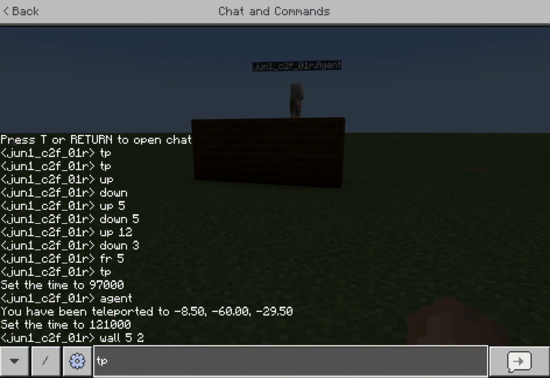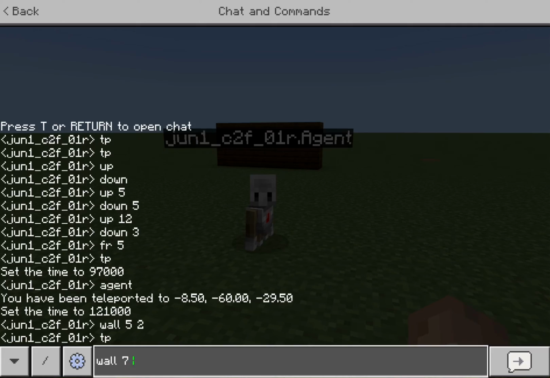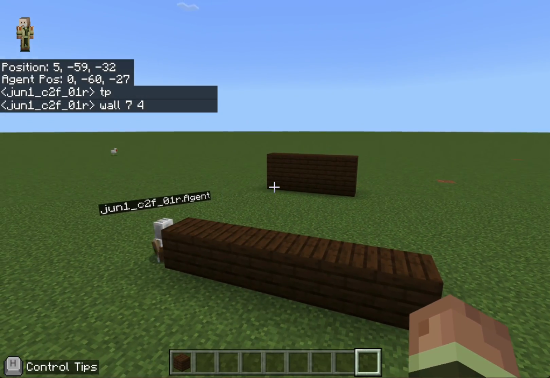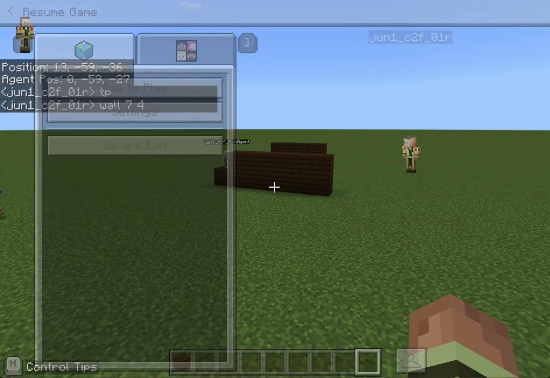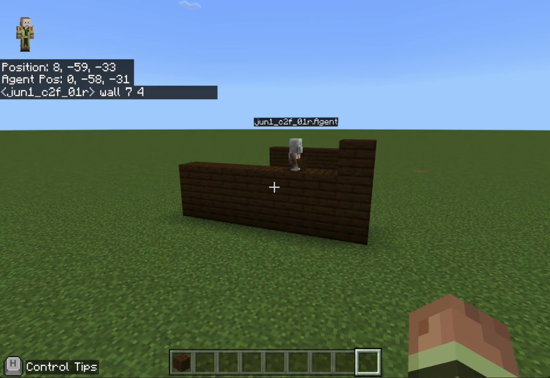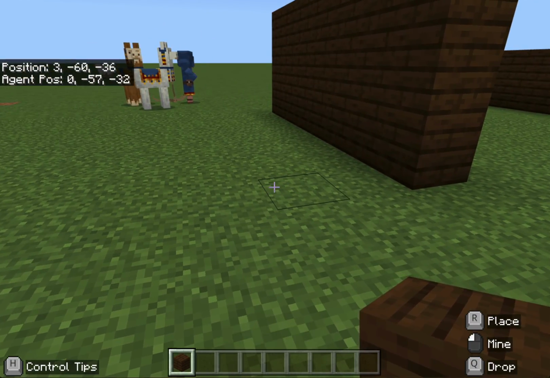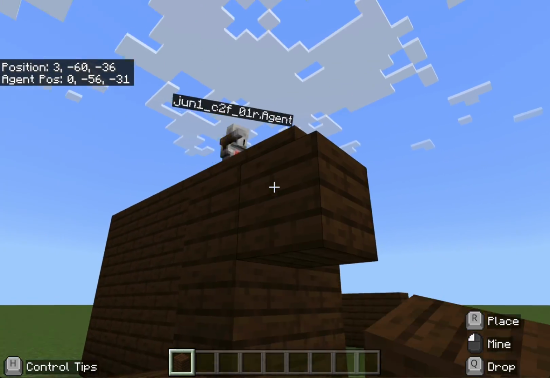If I teleport my agent to my position here, I can run it again. And I'll do wall 7, but a height of 4. And the agent will place 7 blocks and then repeat that loop based on the command, the variable. Pretty awesome, right? Because there are things that you can do while the agent is placing blocks. You can be placing blocks as well, and you can work together to build a house, let's say,